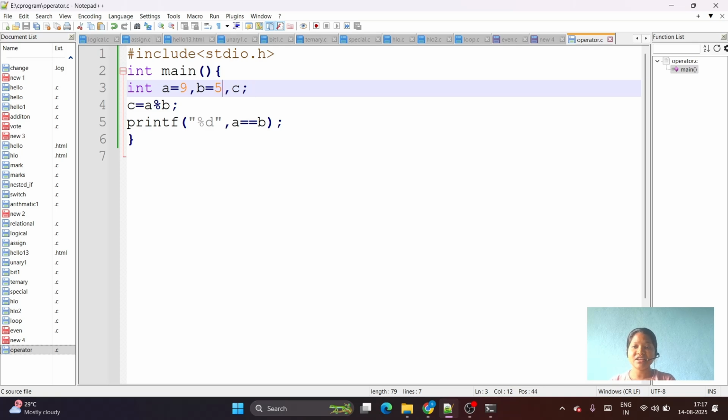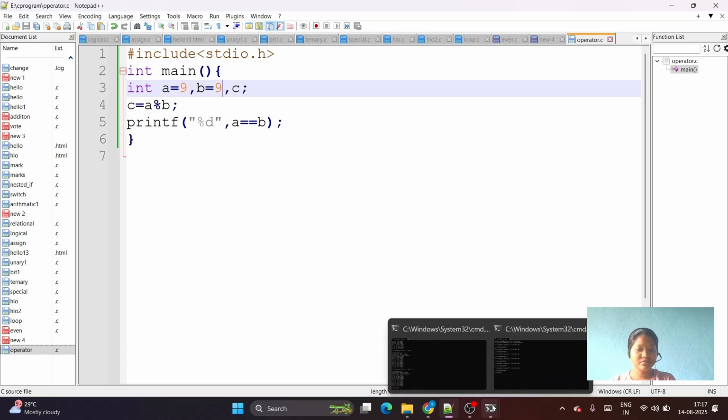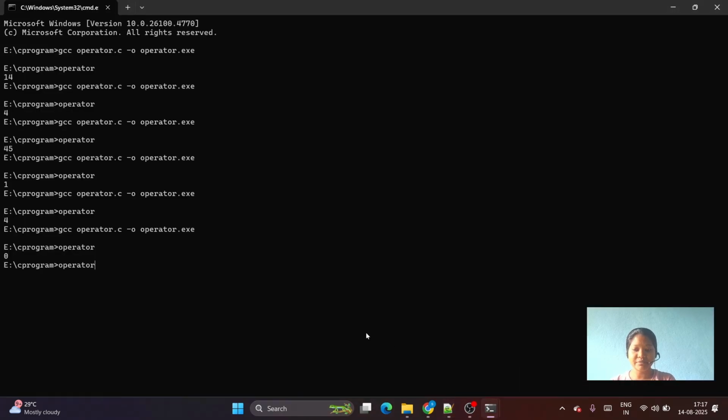Okay, see, if I assign 9 to b and compare these two values, what would be the output? The output would be 1, because it would return a true value, and in integer, the true value is considered as 1. Okay, compile and run. See,